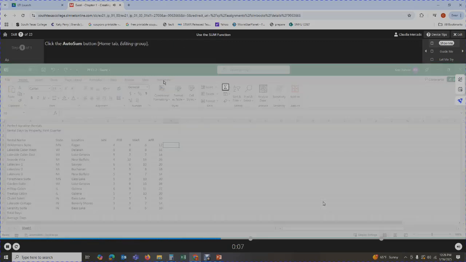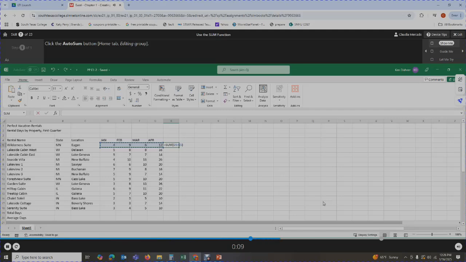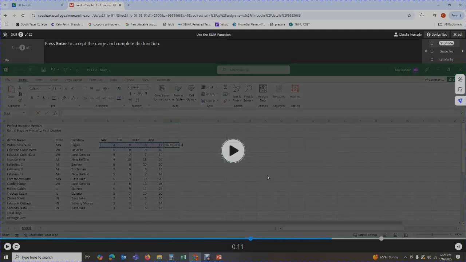Click the Auto Sum button. Home tab, Editing Group. Press. You see, in this particular section, we are in the Show Me section. The system will show you how to do something, okay? In the second section, it will guide you, and in the third section, it will let you try it on